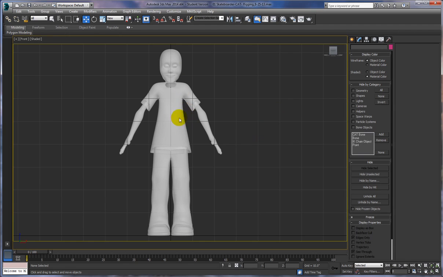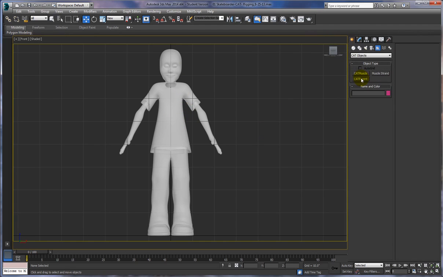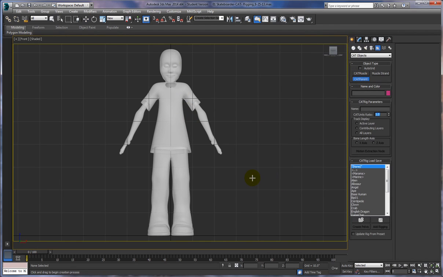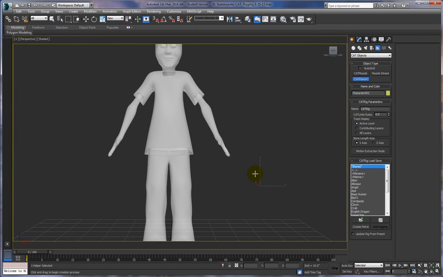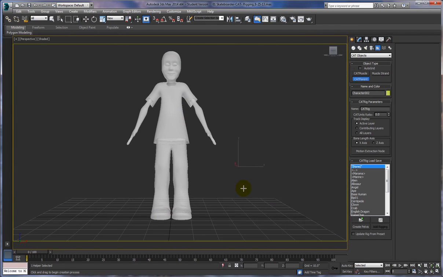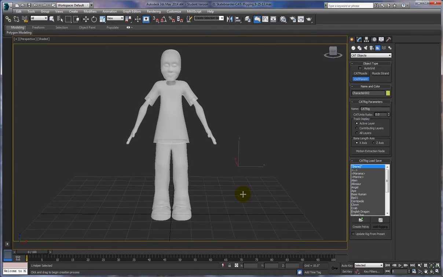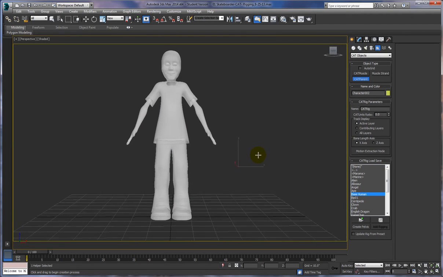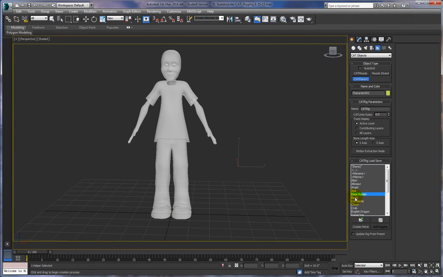All right, so let's go ahead and get busy with CAT. So once again, we'll go back to the Create tab here, click on CAT Parent, and I'm going to go into Perspective View here because, believe it or not, Perspective View is the best view to do this in. Okay, and all you do is select the base human. I have my character centered in the world here. It's on the ground. That's important that you make sure that your character is right flat on the ground and centered in the world. And I just get this base human CAT rig, and I click in the middle of